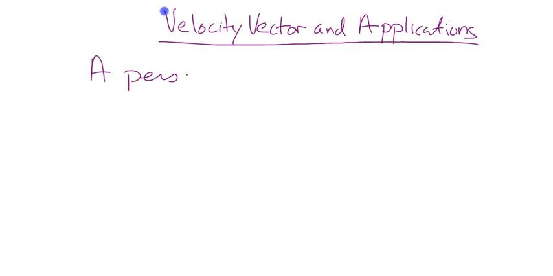Okay, velocity vectors. Well, you've already done it all. And applications. A person is walking. A person is walking. And their walk is defined